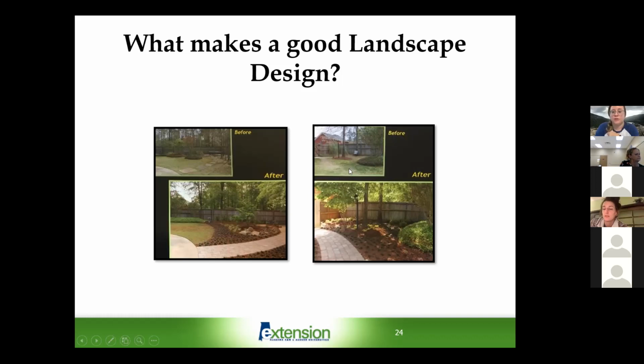And it didn't look good. They didn't like how it looked. They didn't like the use of it. So in this picture, they're trying to get back to this area in that back corner, and they had put some paving stones down, but really that turf was hard to maintain, hard to mow. It didn't always look very good because a lot of our turf just won't handle high traffic, especially with our